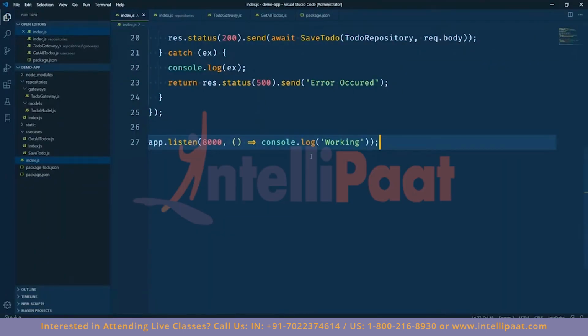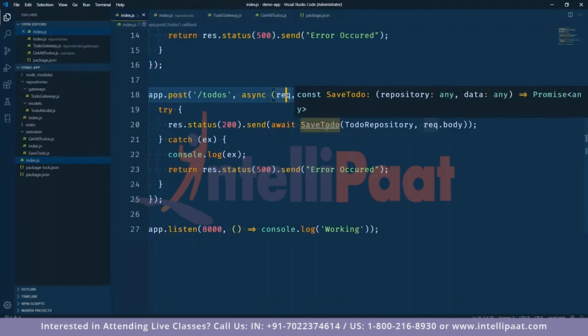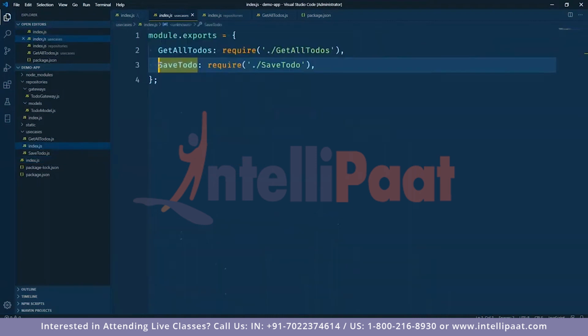It's still running in the background. Now I'm using a post request. Post request is used to store data. So we send along some data in the request to be stored into our database. We send the request to our save to do function. So we go to the save to do function, which is here, and again it's doing the same thing using